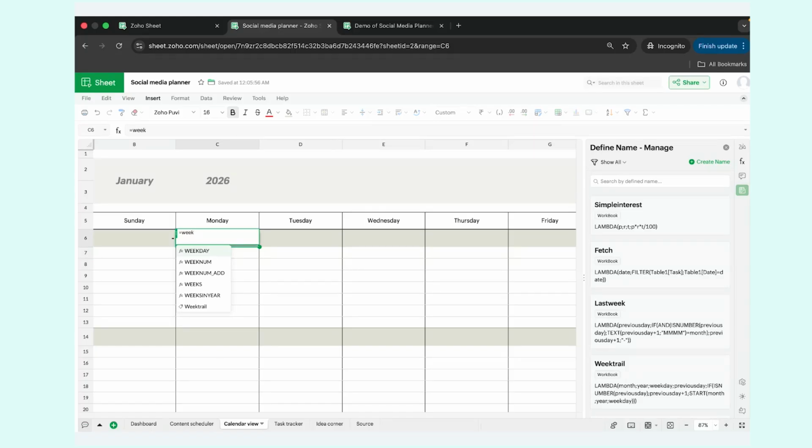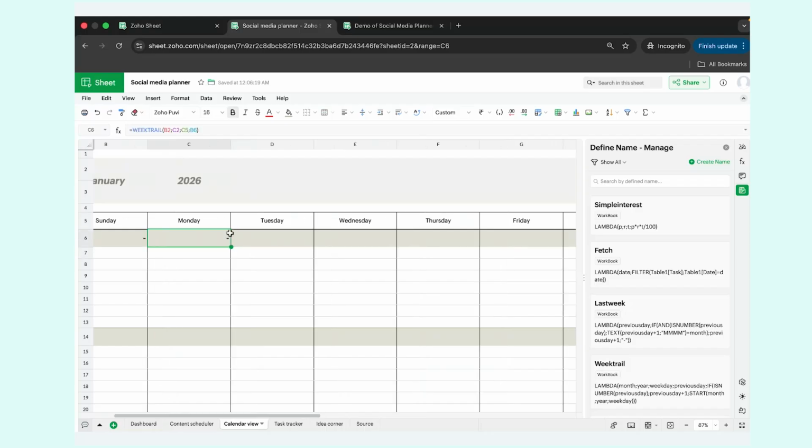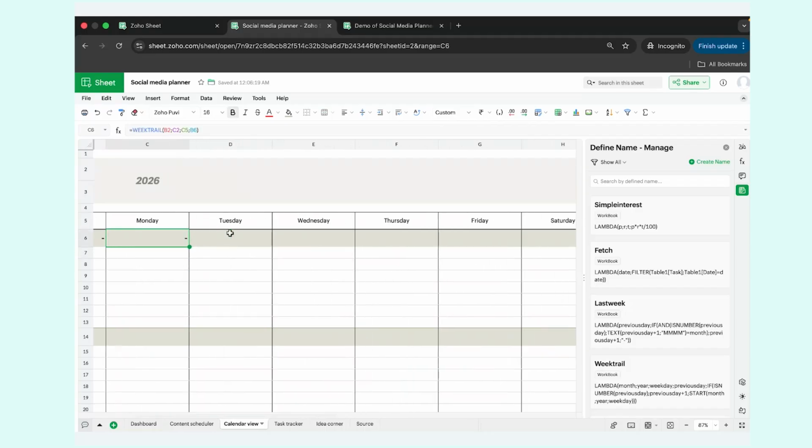We call this week trail. Open that bracket. And then we gave you 4 different variables this time, and you have to find us if this is the day or not. And I'm going to give you the month, the year, and I'm going to give the weekday, and I'm also giving you the last day. Again, it's a hyphen because that is not the day. But now you can actually continue to drag and drop this item till this Saturday,